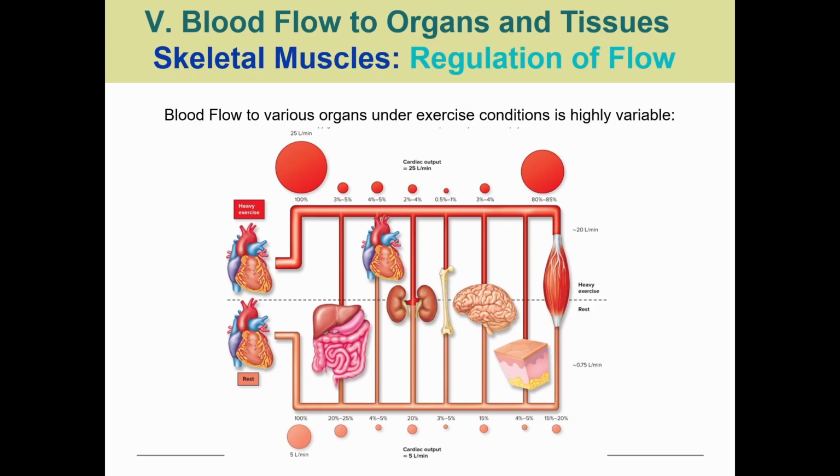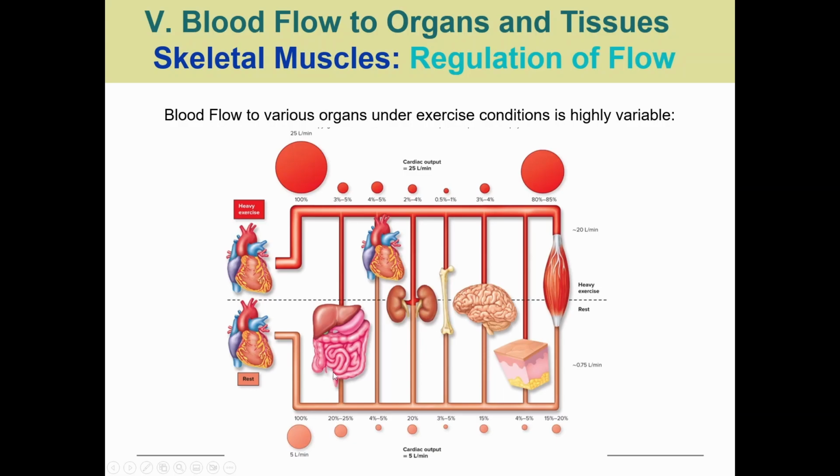So we're looking at basically how blood flows during heavy exercise versus rest. We're looking at how much blood per minute, comparing the two. But it's really variable, right? Let's talk about rest first, because that makes more sense. At rest, if we're accounting for all the blood, the 5 liters that are being pumped through per minute, we're